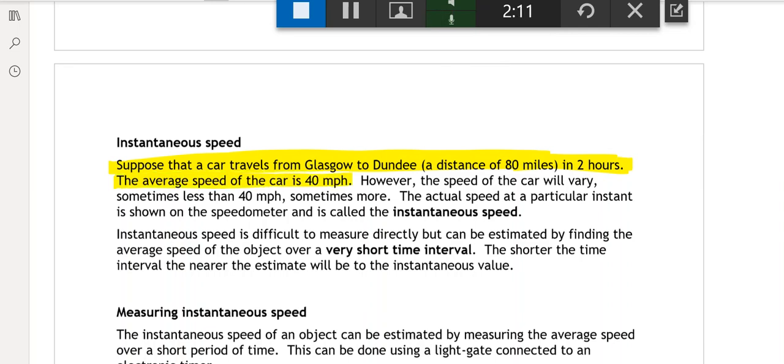However, we know that when you're on the road, you may come to roundabouts, corners, you may be on the motorway. Instantaneous speed is a way of measuring your speed at a specific instant. It is very much a clue in the name. If you were driving along the motorway and to look over at the speedometer, whatever value you see on the speedometer would be your instantaneous speed. It is a tricky quantity to calculate accurately. The actual speed at a particular instant,